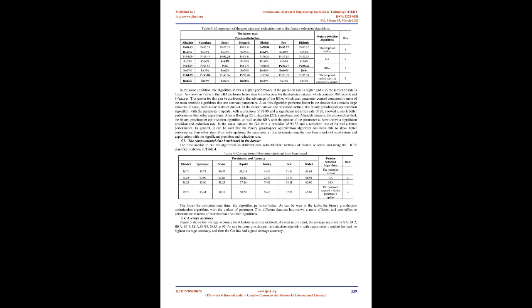In the dataset for Cancer 19, the BGOA with the update of the parameter C has shown a remarkable accuracy, which is due to maintaining the 2 benchmarks of exploration and exploitation more than the 3 other algorithms. Hepatitis data are more accurate by using the feature selection method of BGOA_C and the update of the parameter, along with the tree classifier, compared to the other 3 methods. Here the superior feature of the binary grasshopper optimization algorithm can be mentioned, that is combining and maintaining 2 benchmarks